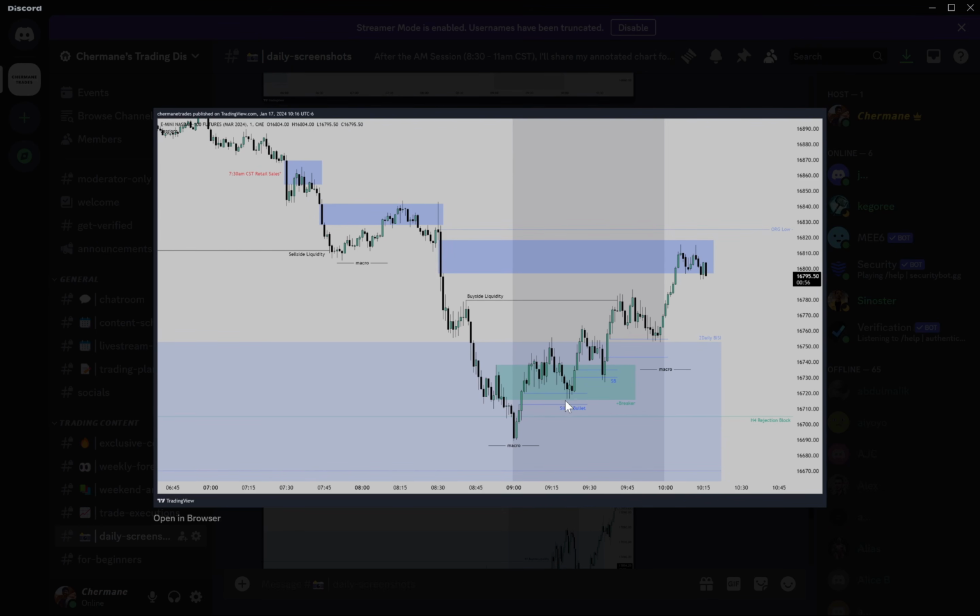Great buy. How do you know and how do you trust that this low won't be taken out? It can be. All right, nothing's perfect, but the logic is all of this occurred during those 20 minutes. So if you buy this here, why would we take out this low? When the function was to trade down to the rejection block, we created a breaker and a fair value gap. We could buy it there,